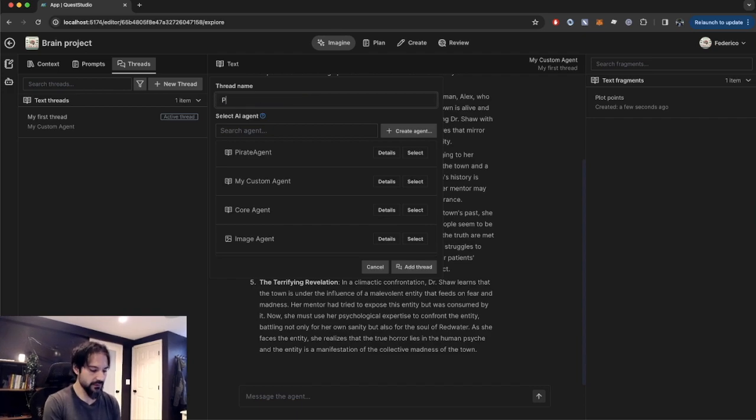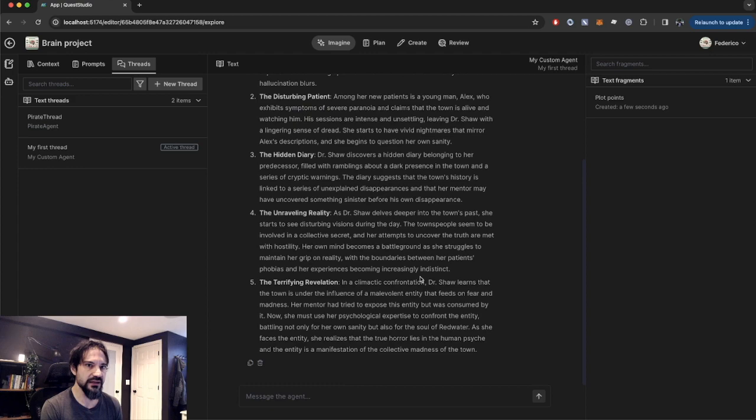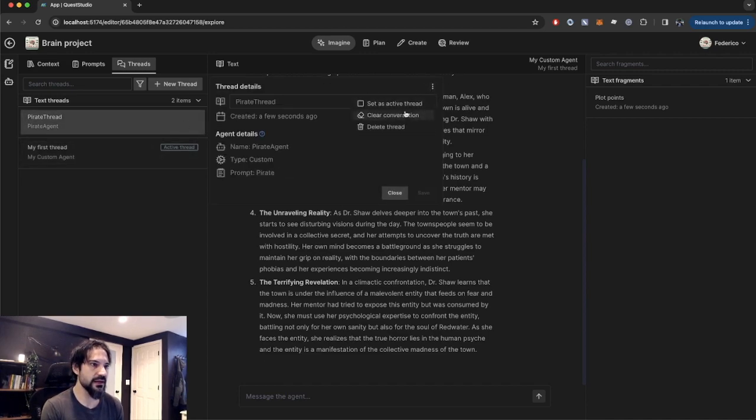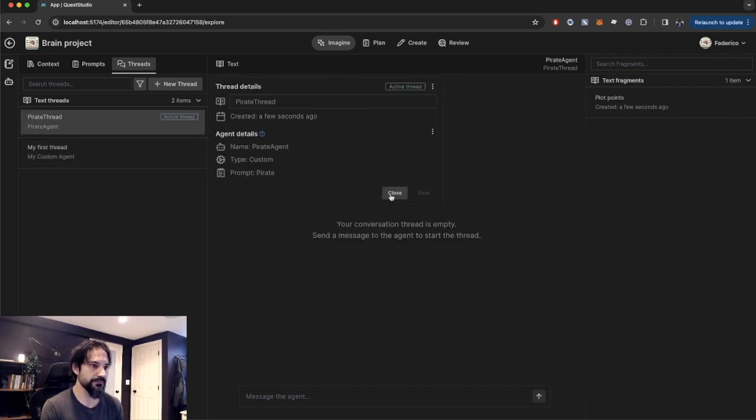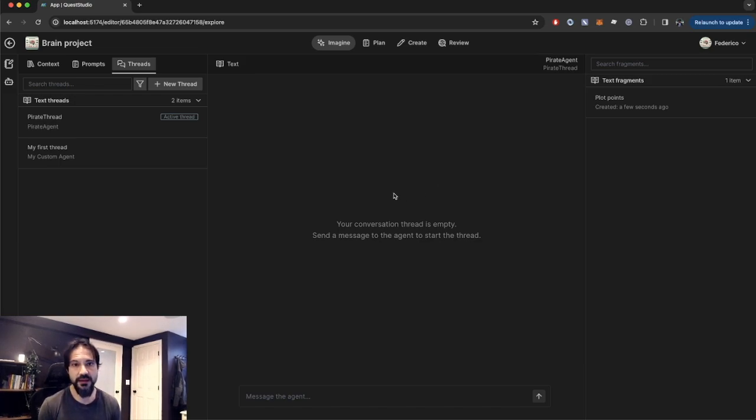Right, so let's create the pirate thread. Obviously, this got cleared when I went to create an agent. Now I'm gonna rename the thread again, pirate thread. I'm gonna select my pirate agent. I'm gonna add the thread, and now we have our nice pirate thread here. Now you see that the current active thread is the first thread that we previously created. I'm gonna switch to the pirate thread, select it as the active thread, and the thread is gonna be empty because